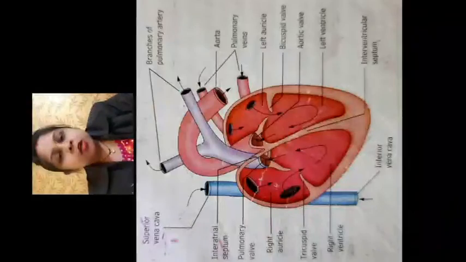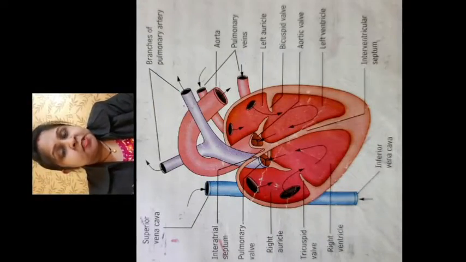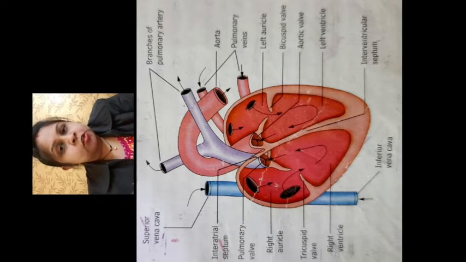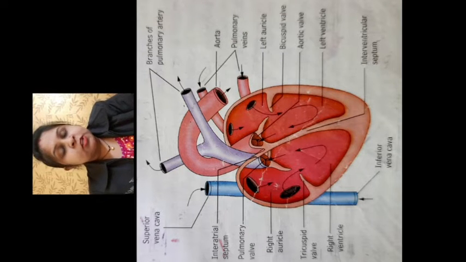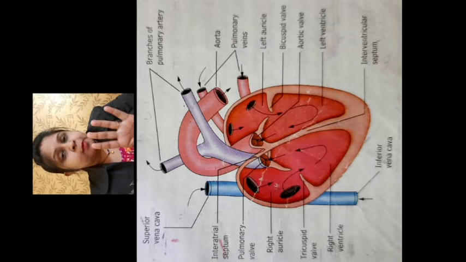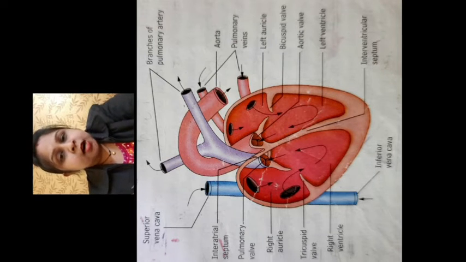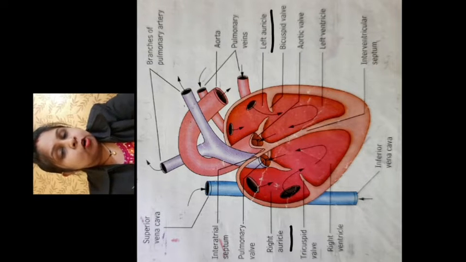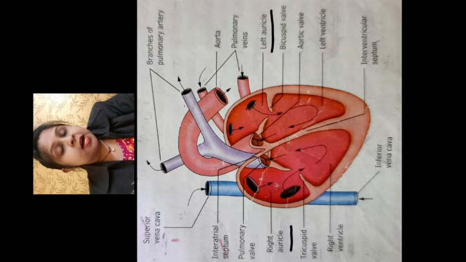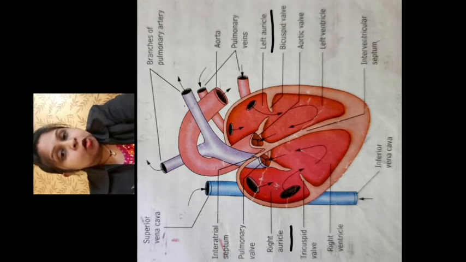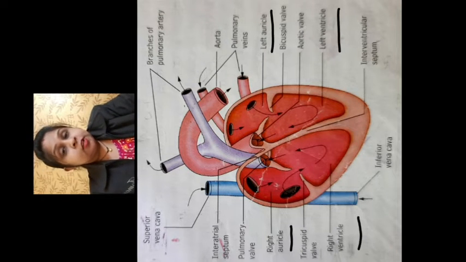Now we are going to discuss the diagrammatic representation of the human heart with the help of a diagram. Okay, now let's see. Now all of you can see the figure of the inside of the human heart as I have shared it on the screen over here. First of all, we should know that the heart consists of four chambers. The upper two chambers have thin walls and are called the right auricle and left auricle, and the lower two chambers have thick walls and are called the right ventricle and left ventricle.